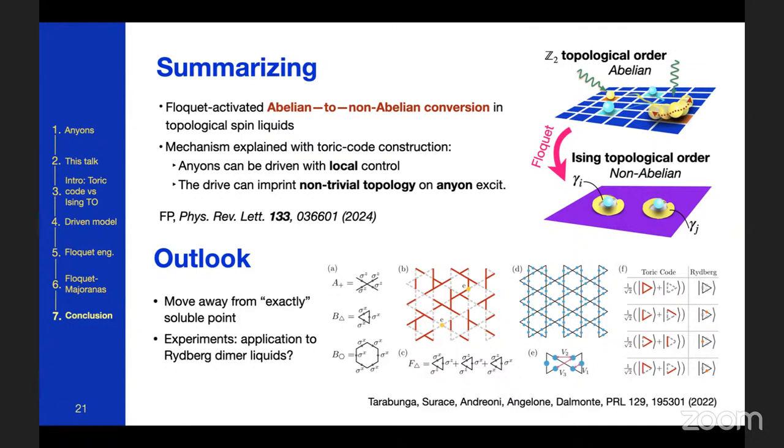So the first thing is moving away from what I would call the exactly solvable one. Now this construction is really the drive in the way that I told you before. The drive essentially doesn't touch the vortex part, and it doesn't introduce thermal interactions. In this way, you are able to do all the simulations very efficiently, also for large systems, which wouldn't